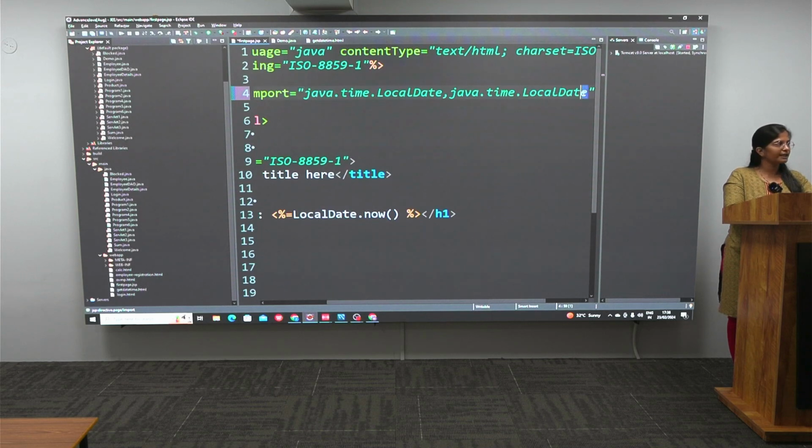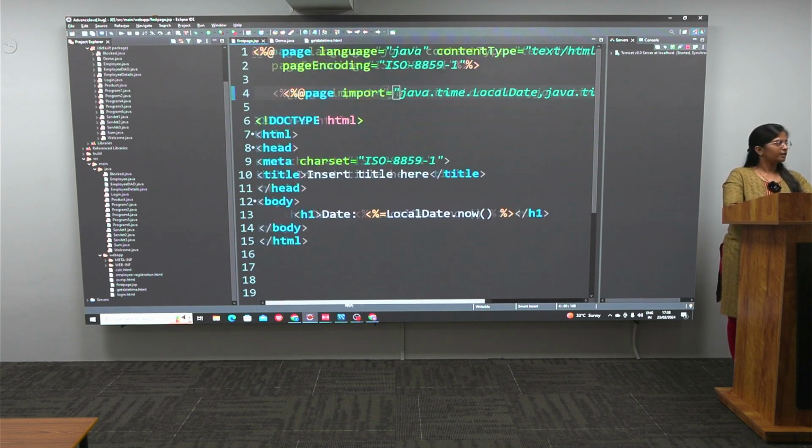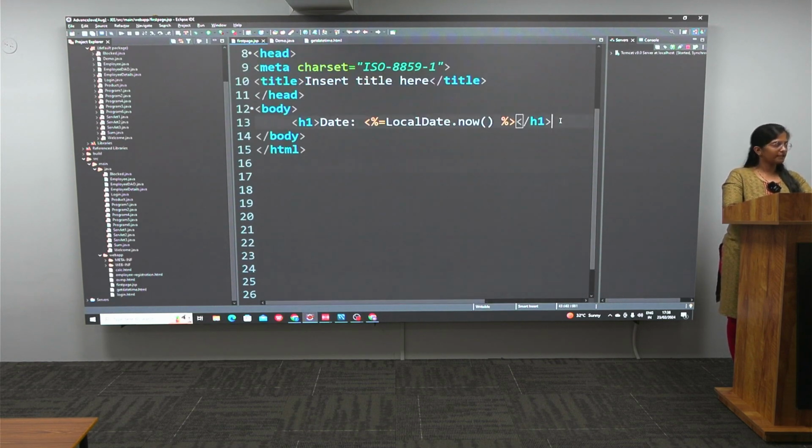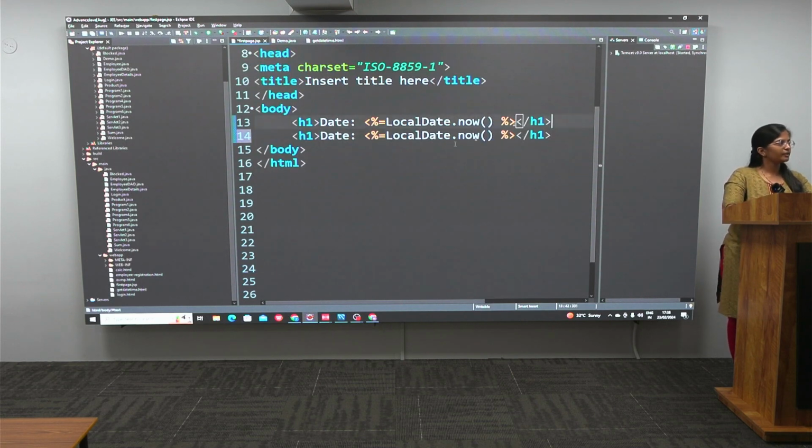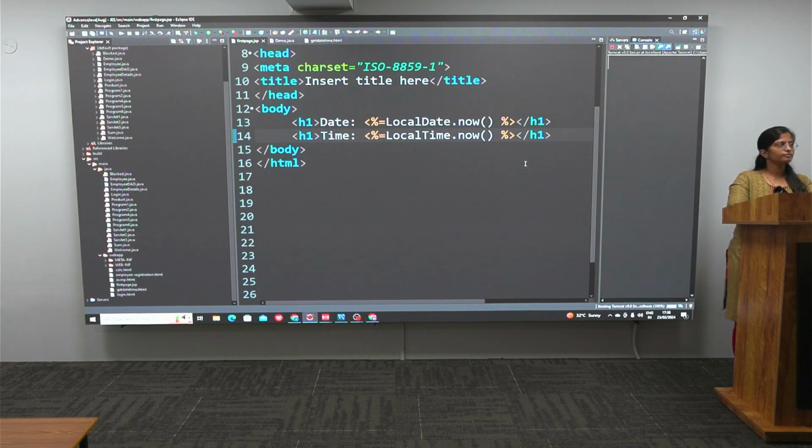Right now it is local date, but I don't want local date, it should be changed to time. Now over here, the same thing I will just duplicate, and the only change is time. So here also I will just change it to time. And now I will restart the server,